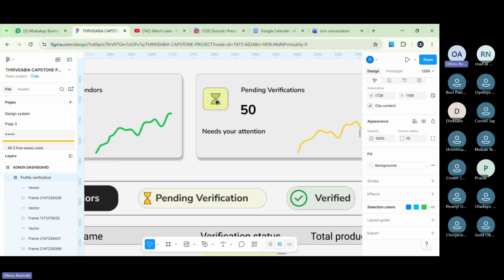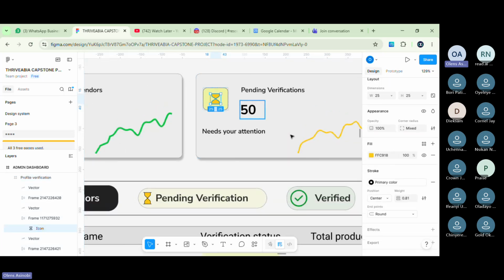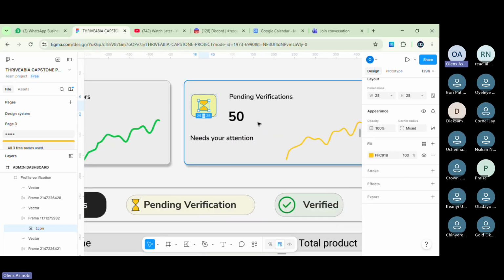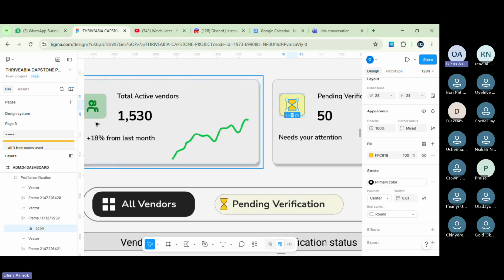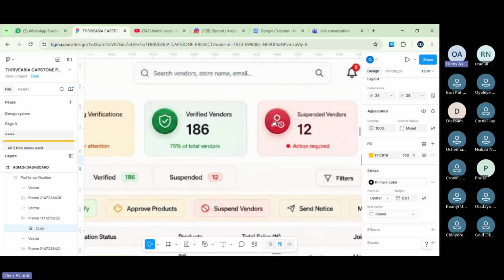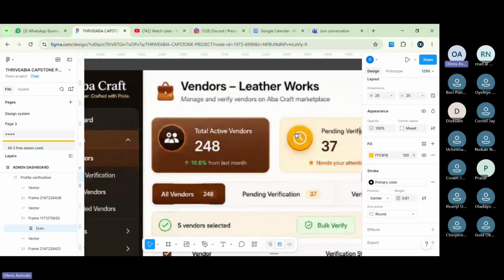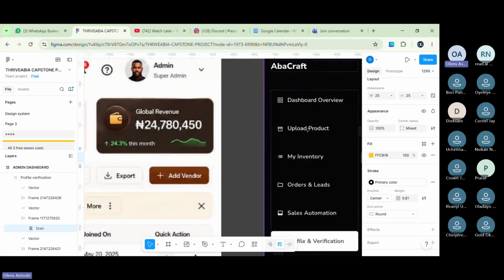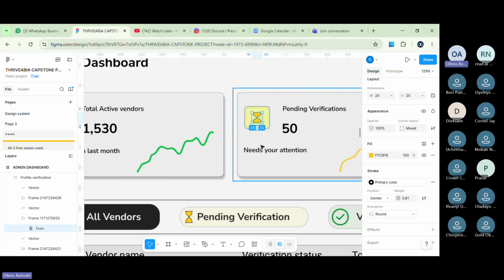I love how you did the icons this time, but this black stroke that I'm seeing here is not necessary, Kwano. You don't need to add stroke when you're having fill. If you're having stroke, remove the fill. If you're having fill, you remove the stroke. I would prefer you use only stroke and remove fill. Do you understand? Look at how these ones are. Only stroke, only stroke, only stroke. This one has fill, no stroke. You can't have both of them on icons. Are you following me?